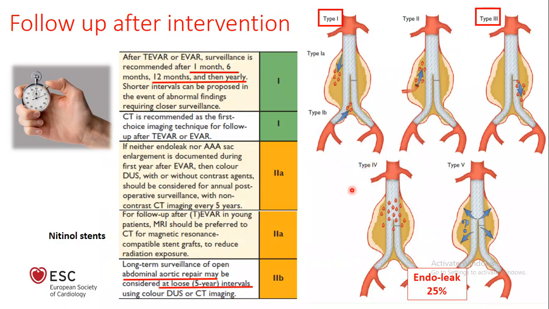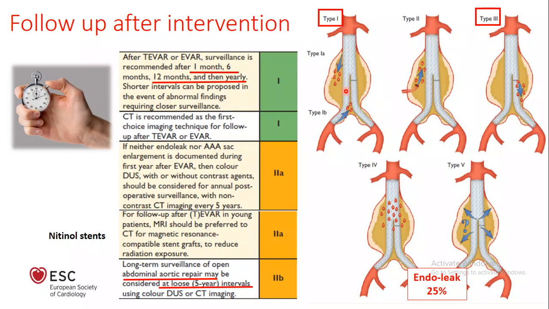And after intervention, as we said, the patient has a long journey of serial surveillance and follow-up for detection of complications. The most famous complication is endoleaks. That means continuous flow into the aneurysm sac with time. It has 5 types. Type 1 means the entry point to the aneurysm sac is related to the landing